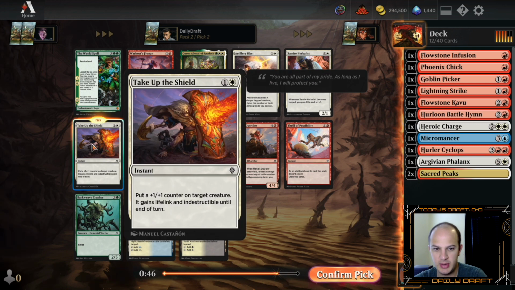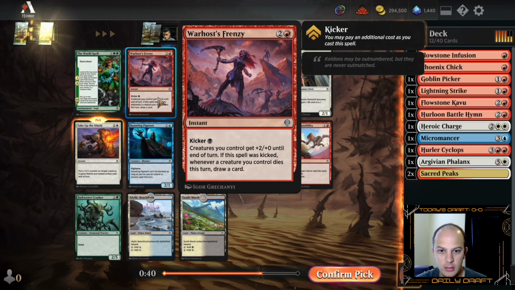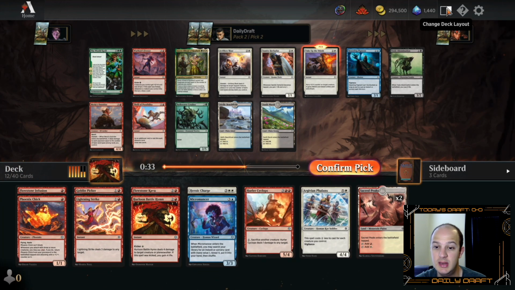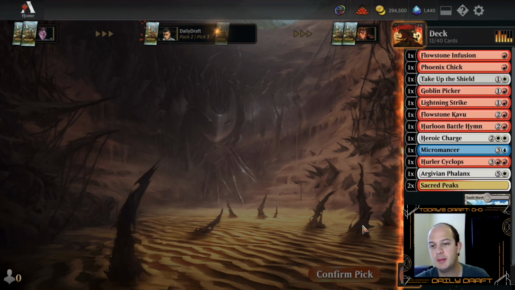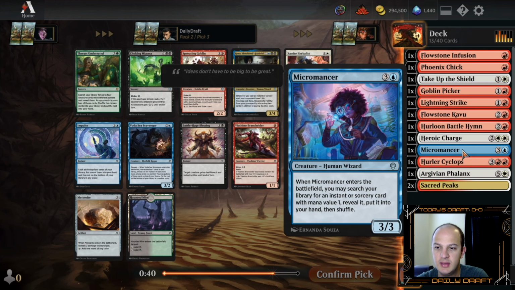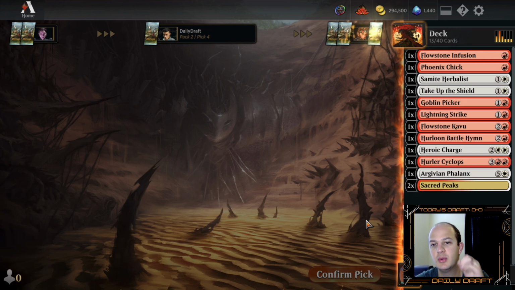Okay, so here I think it's a pretty easy take up the shield. There's cards like Warhost's Fury, which might wheel. Herbalist is like a fine-ish 2-drop. I mean, our curve is like not great right now, so we have to keep an eye on that. But I'm going to take the good cards while they're here. Sprouting Goblin with no access to kicker, more than likely. So I guess we take a very sad Herbalist and look for...